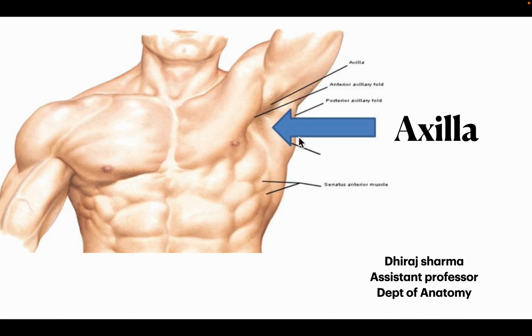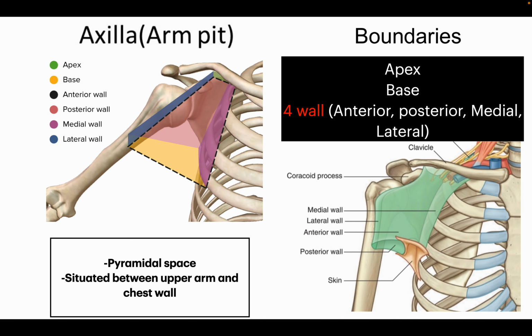Everyone, the lecture for today's topic is regarding the axilla. I'll mention the boundaries and contents of the axilla. The axilla is also known as the armpit. It is a fat-filled pyramidal space which is situated between the upper arm and the chest wall, which consists of